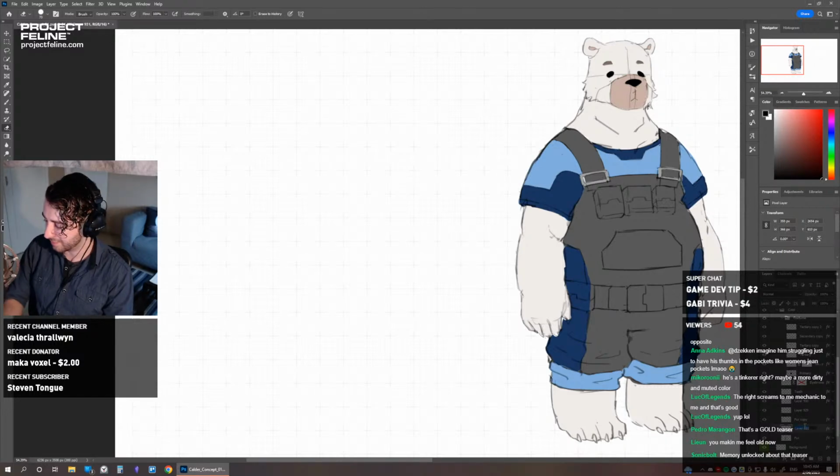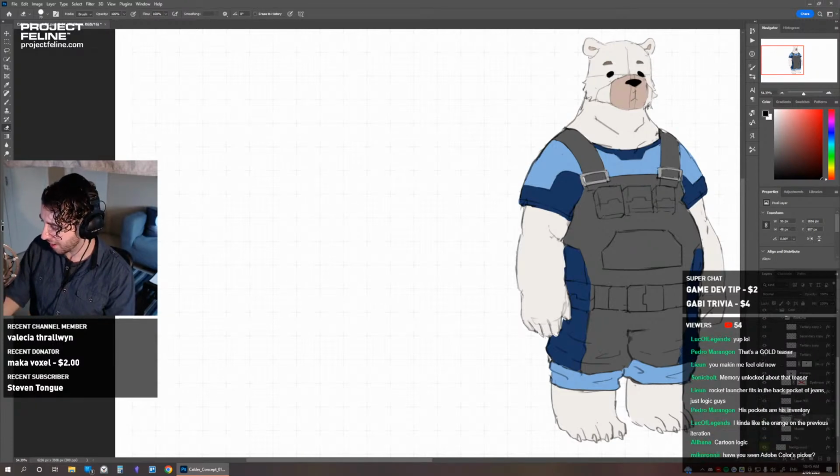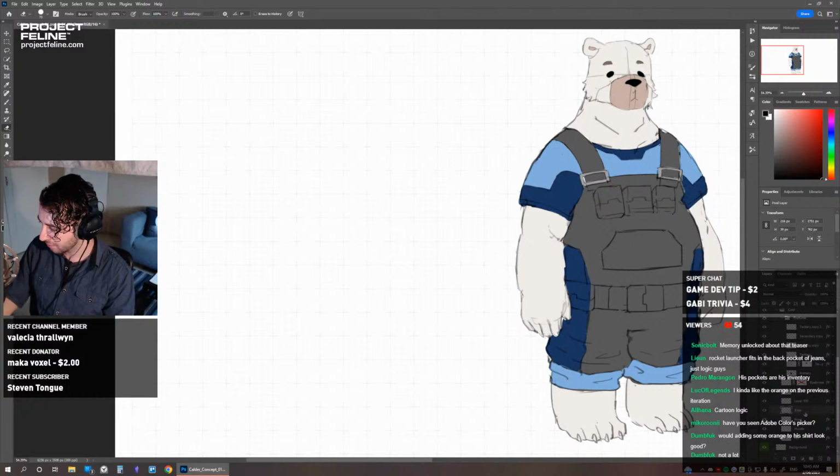I'll name these because I haven't named a lot of these layers yet. So we've got nose, muzzle, fur. What's this one? Eyes. What's this one? Eyebrows. And then teeth. We don't really have a teeth layer, so we'll get rid of that.